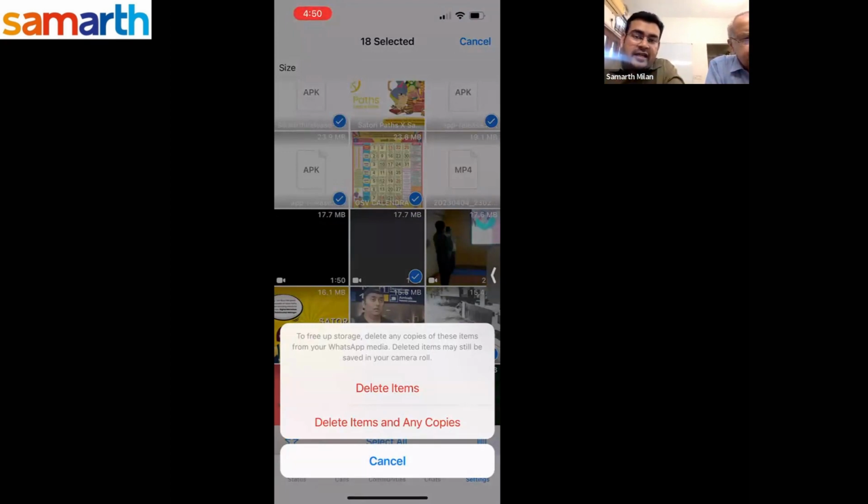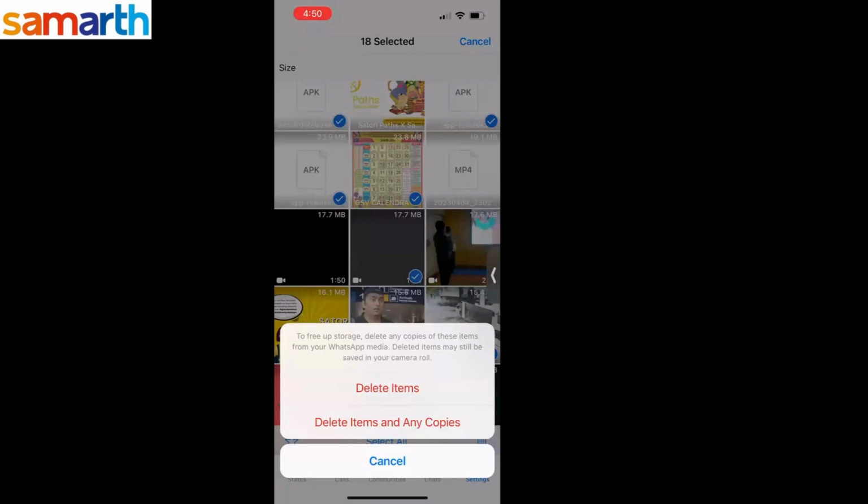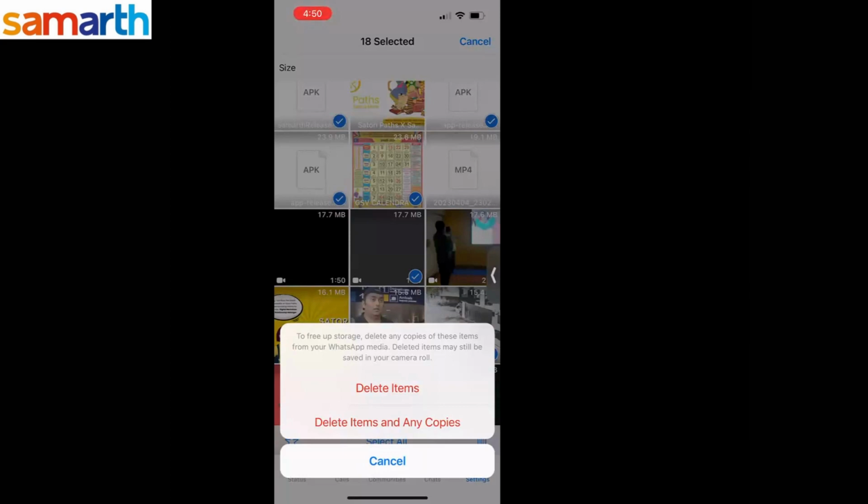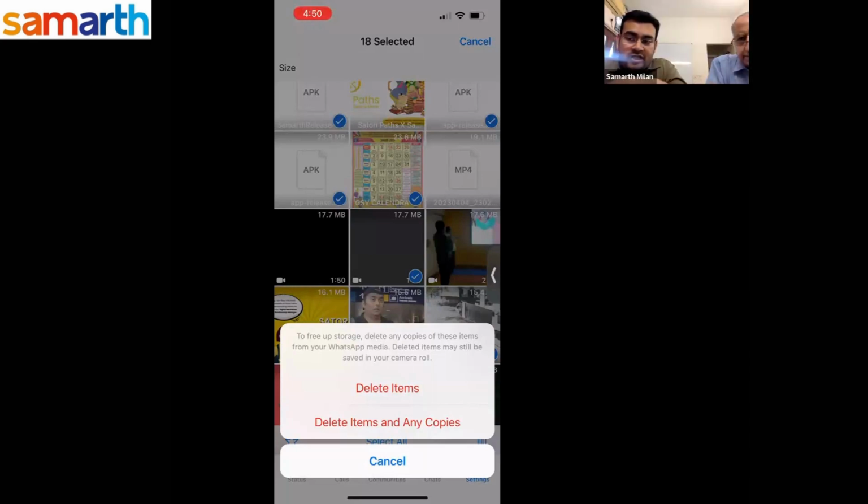तो जो मैंने सेलेक्ट किया है अभी तक, उसका अगर कोई कॉपी भी है इस मोबाइल में, व्हाट्सएप ऐप में, वो भी ये सेलेक्ट कर लेगा। क्योंकि कई बार होता है एक ही फोटो 2 बार आ गई, वीडियो 3-4 बार आ गया और वो डाउनलोड हो गया, तो ये अपने आप आइडेंटिफाई कर लेते हैं। तो या तो मैं कह सकता हूँ कि वो सारी कॉपीज डिलीट कर दे, बिकॉज लेट्स से मुझे नहीं चाहिए